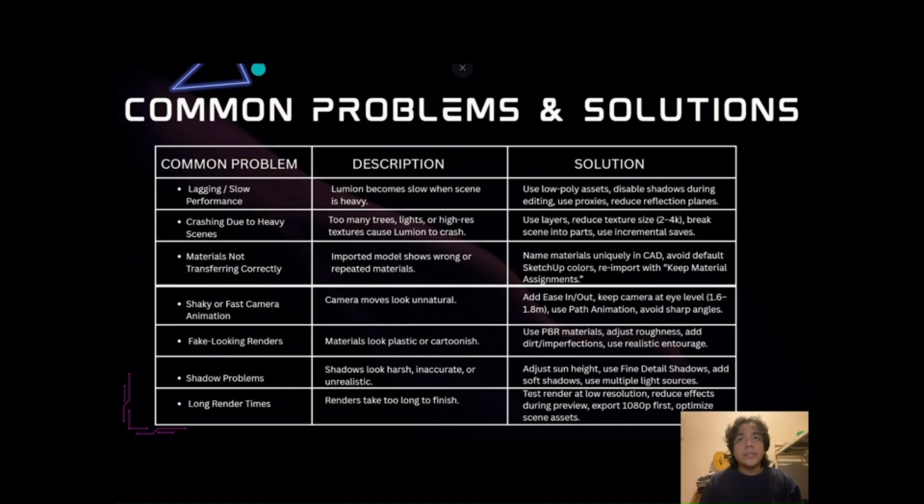The third problem is materials not transferring correctly. It is because the imported model shows wrong or repeated materials. For the solution, we have to name materials uniquely in CAD, avoid difficult SketchUp colors, and re-import with keep material assignments. The next one is shaky or fast camera animations. It is because camera moves look unnatural. The solution is adding ease in and out, keeping the camera at eye level, 1.6 to 1.8 meters, and using path animations,